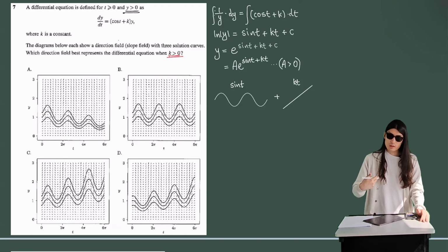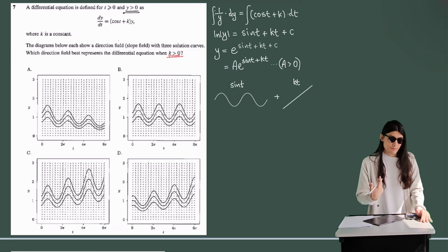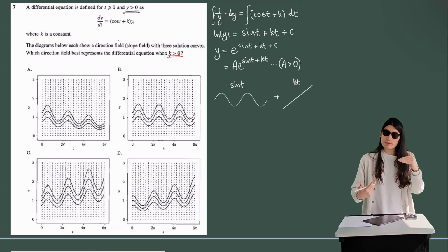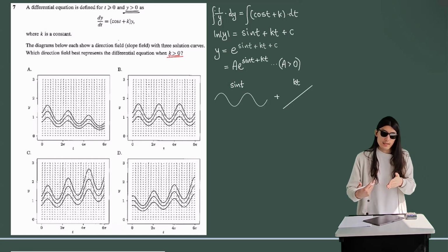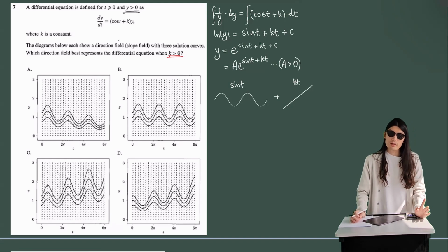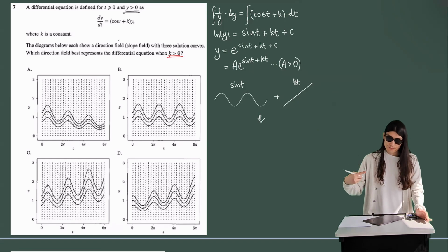So sine t, guys, trigonometric function, right? The sine graph we describe as being a periodic function, don't we? Why? Because it oscillates about a mean position, okay? And essentially that oscillation repeats over and over and over again, right? For that reason, we call the sine graph a periodic function. That plus you add to that a linear function that's got a positive gradient, and what you end up getting then, that is sine t plus kt, is